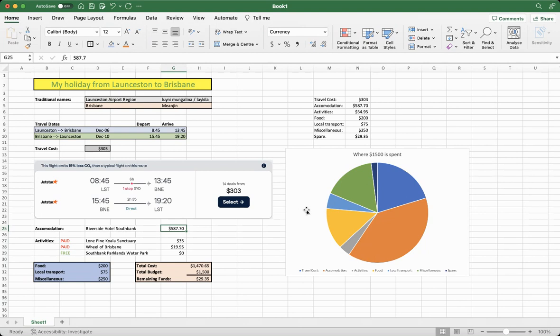Now, where Excel starts becoming really powerful is if I change any of these values, it'll automatically update. Not only just my calculations will update, but also my visual representations will update as well. So if suddenly my travel costs become really cheap, there's a special on, they're dropped by $200, so they become ridiculously cheap. So let's change this to being, instead of 303, I'm going to type in 103, and then when I press enter,